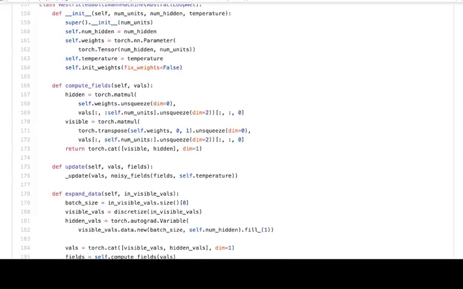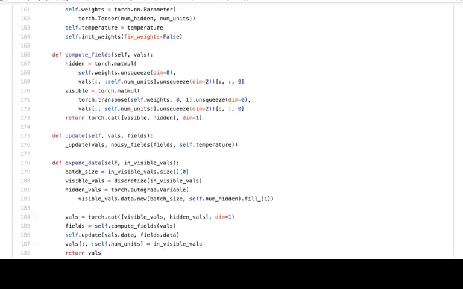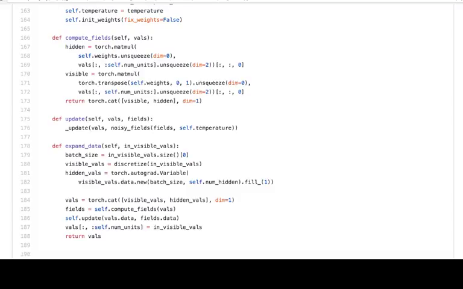And the expand data no longer has all of the looping over the number of samples or anything, because for any given visible data, you can just directly create the hidden data. If you do it twice, you get the same value both times. That is why you can just find the hidden values by doing this update once, which is what I did here. I did an update, and then I fixed the visible ones to be the ones that you've seen earlier,